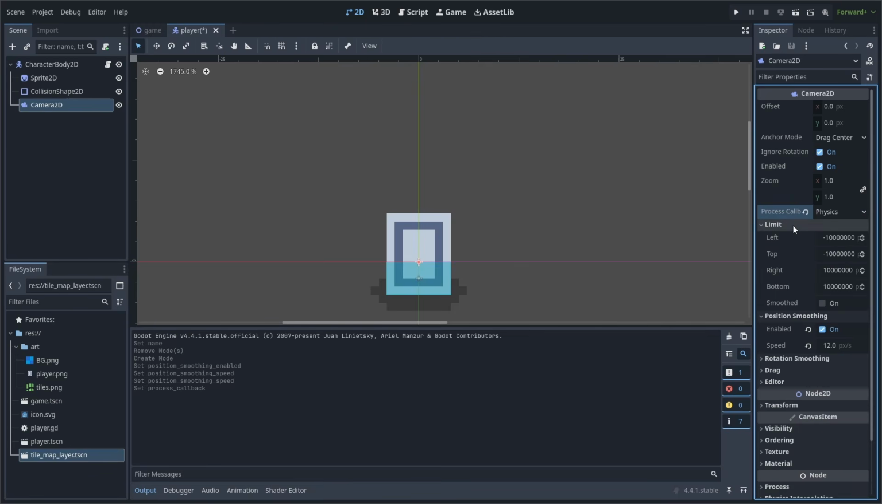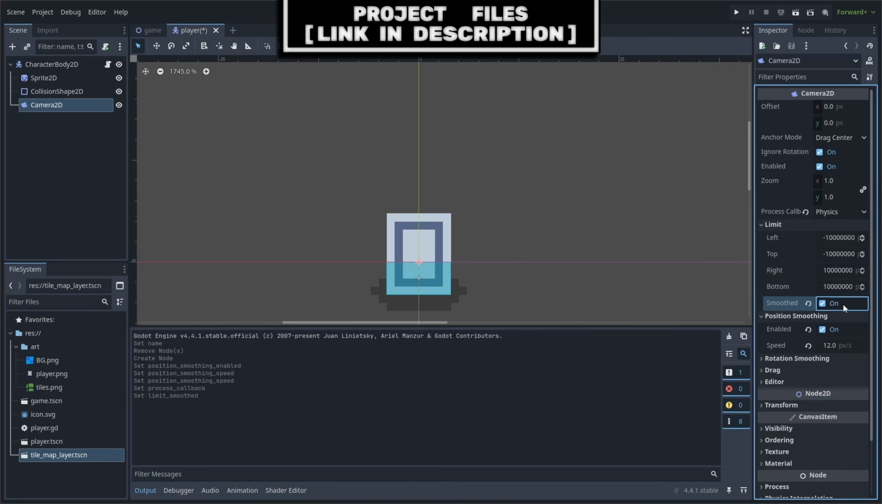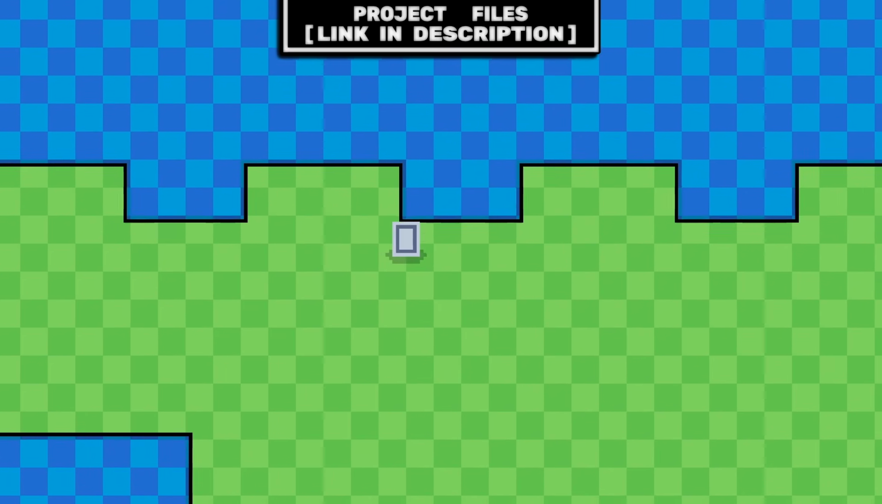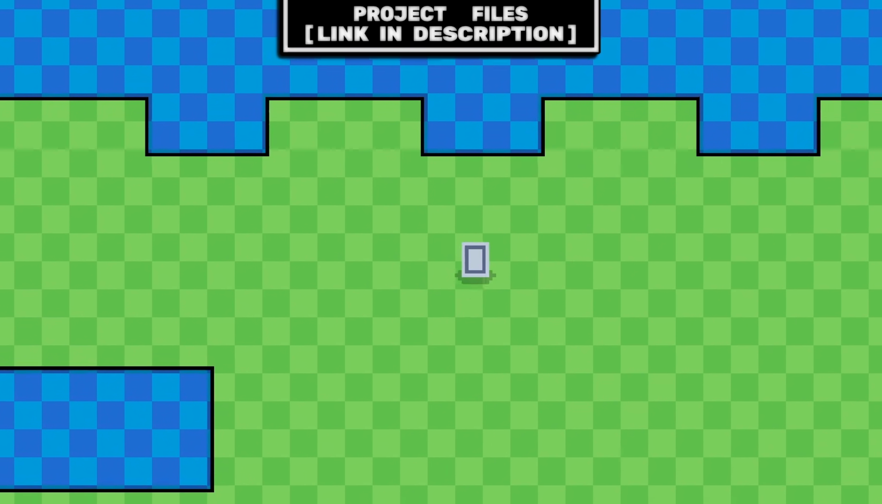From here, you can also change the limit of the camera, which is how far the camera can reach in any direction. This can also be smoothed so that when we reach the limits of the camera, it doesn't abruptly stop. Now you have a simple 2D camera that follows the player smoothly and with limits on where the camera